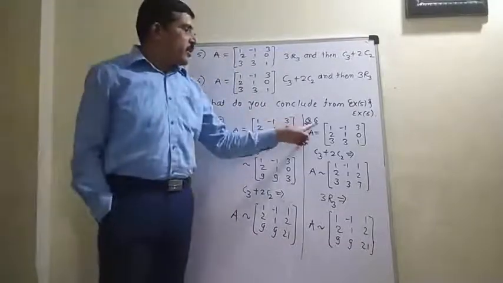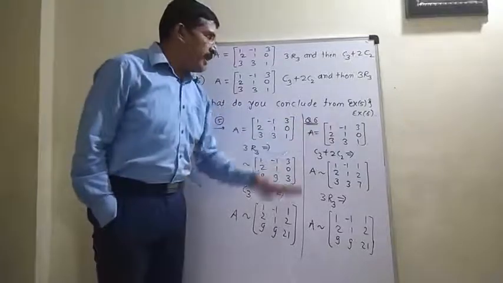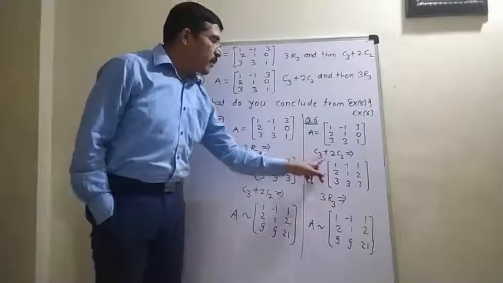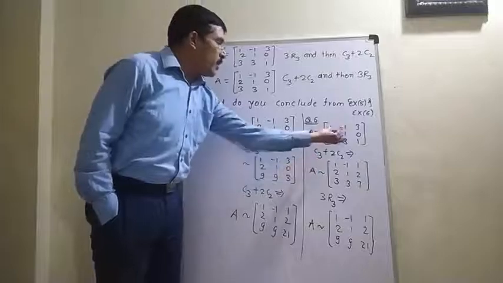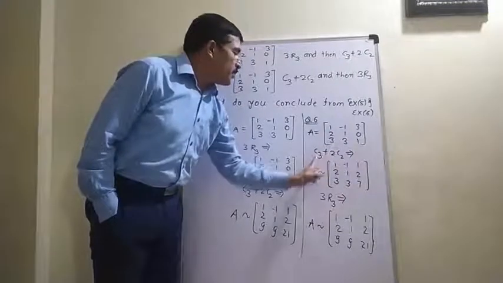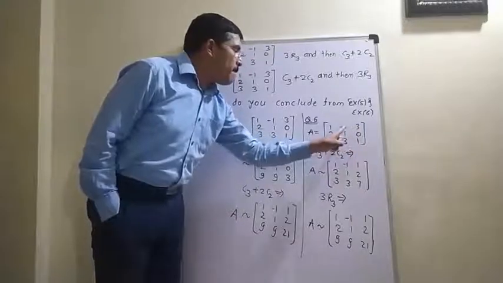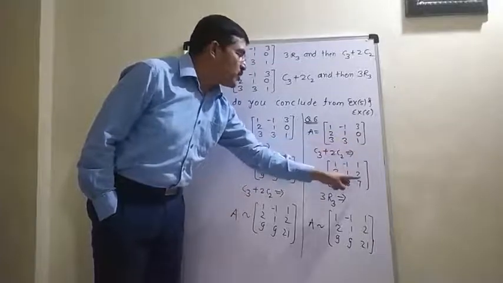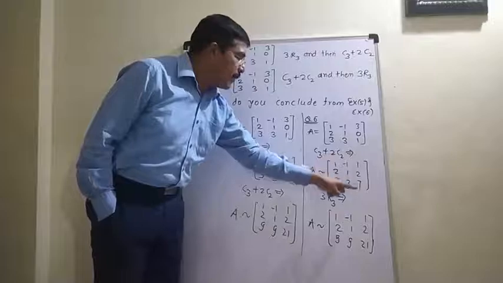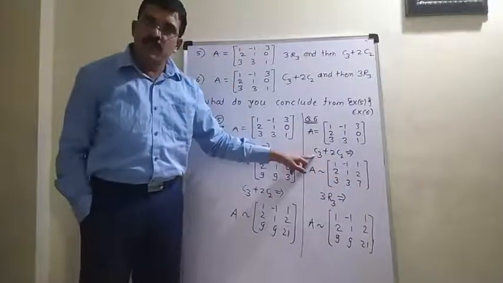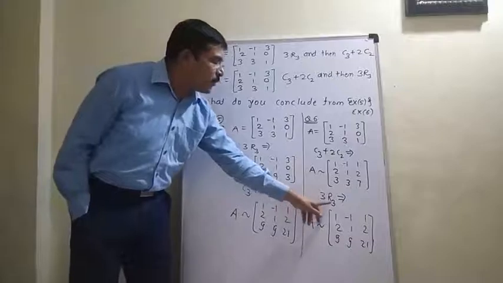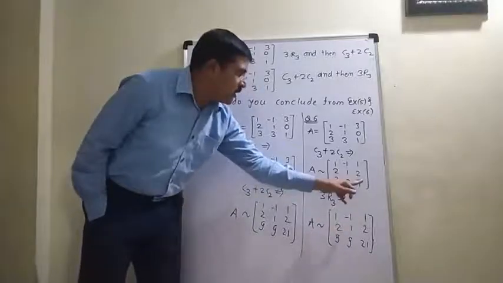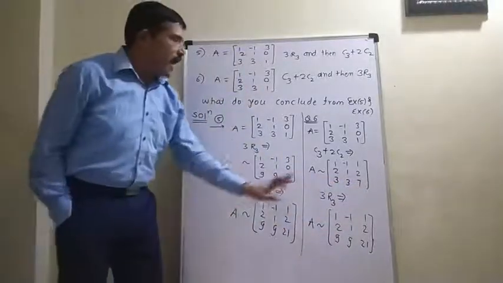Similarly, let us see question number 6, which I have solved here. The same matrix A, then first we are performing C3 plus 2C2, keeping the first and second column same. C3 plus 2C2 means 3 plus twice of this becomes minus 2, 3 minus 2 is 1, 0 plus 2 becomes 2, and 1 plus 3 2s is 6, that becomes 7. Now we have performed this first. Now we are performing thrice R3, multiplying the third row by 3. 3 3s are 9. We are getting 9 here. 3 7s are 21. And now this is the answer of question number 6.